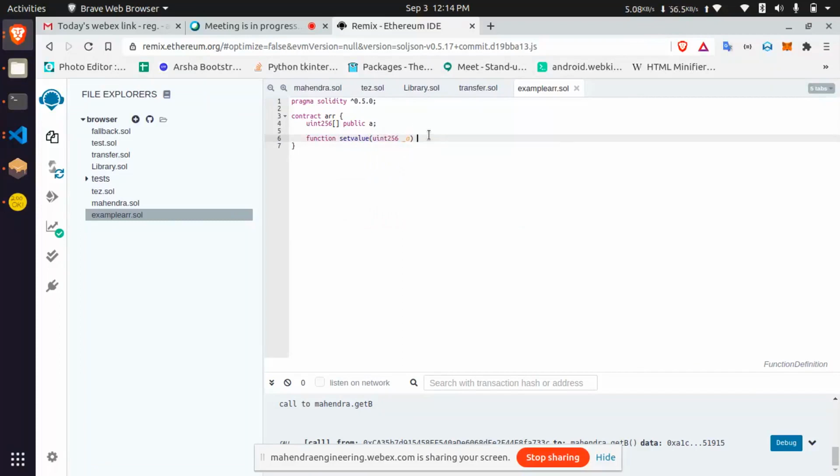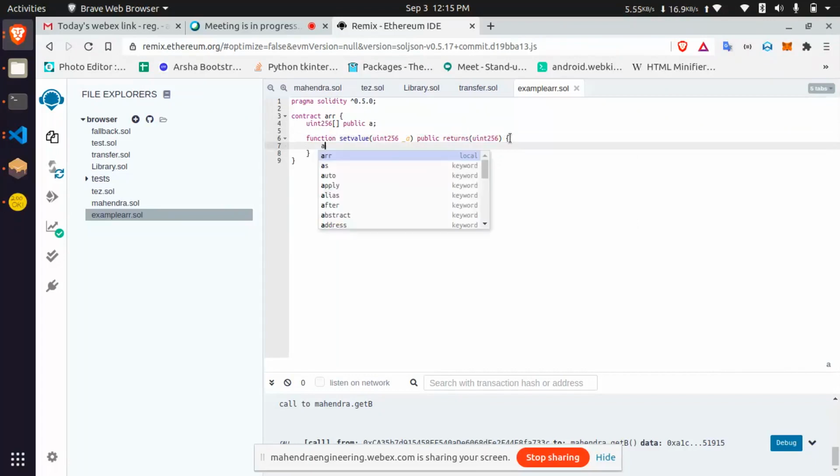This is manipulating some write operation in the contract, so we can use public. We can't use view. Why? Because we are writing some data in storage. That's why we can't use view. So return. I'm going to return the one I updated, like uint256. And then you need to call a dot push.